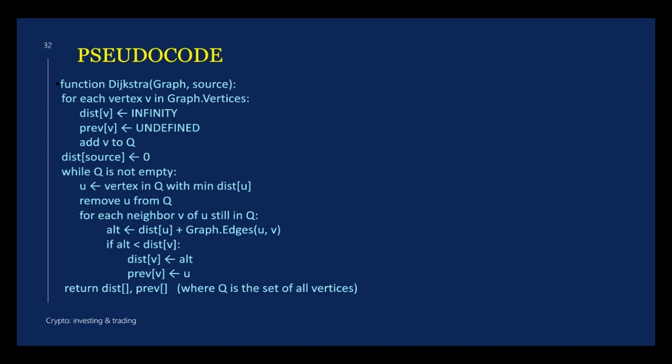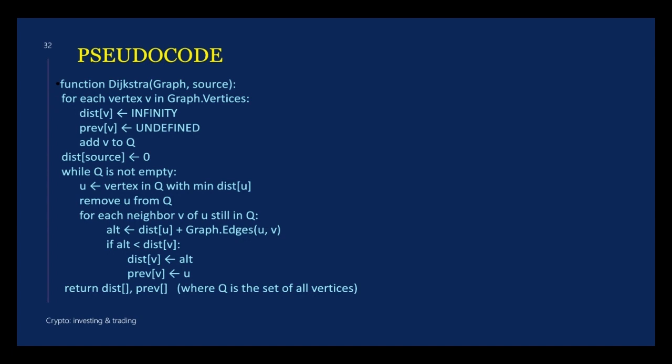Now we initialize the distance of the source to 0. While Q is not empty, U is the vertex in Q with minimum distance. Initially, it is nothing but the source. We remove this U from Q and we find all the neighbors of this particular vertex with